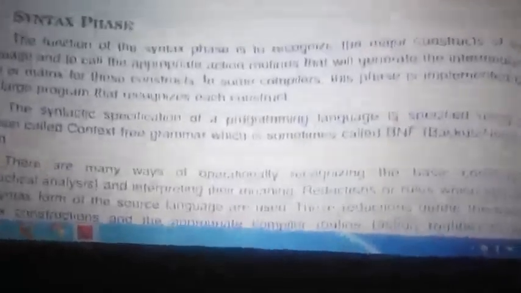Yeah. So the next phase is the syntax phase. Syntax phase means it will analyze the syntax. There are syntax and semantics together. Syntax means it will just check for the rule. It doesn't have a meaning, but semantics means it checks for the rule and it has an internal meaning, that is, it goes for the interpretation. So the next phase, the interpretation phase and the syntax phase, are logically different.